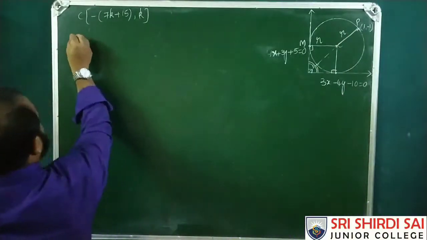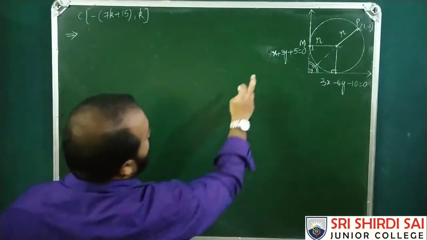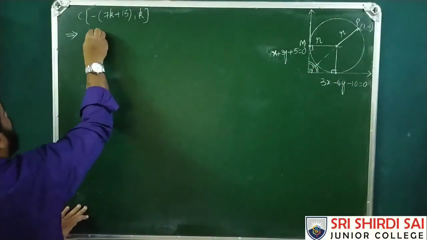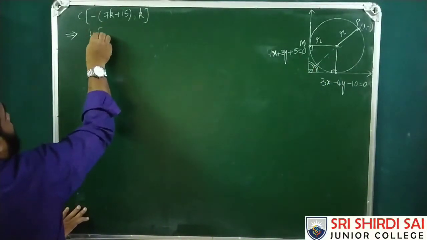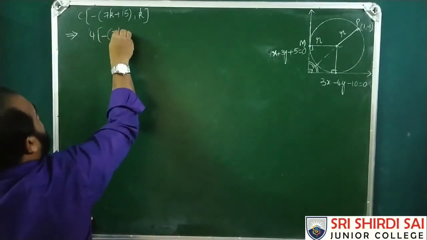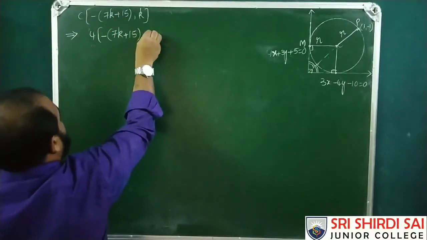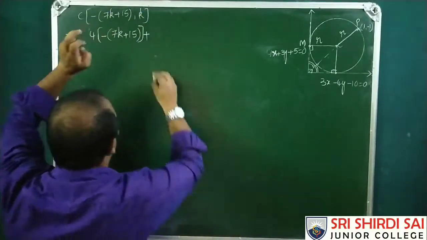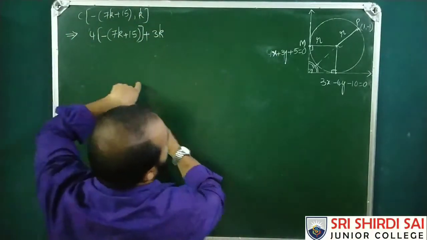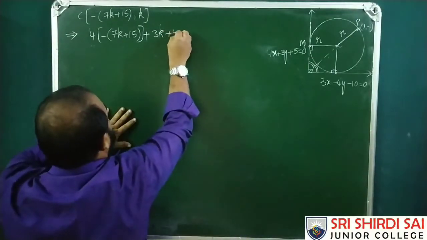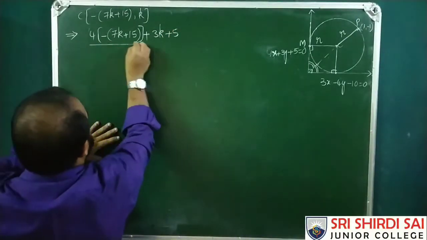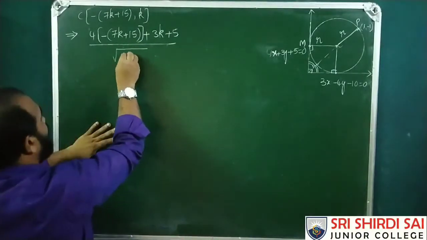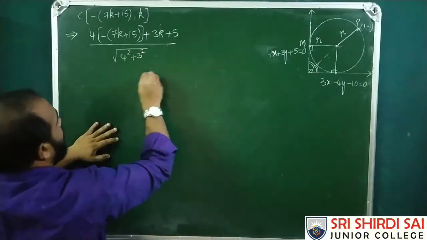For this implies 4 into the perpendicular distance from this point to this line. So 4 into minus of 7k plus 15 plus 3 into k plus 5 by square root of 4 square plus 3 square is equal to